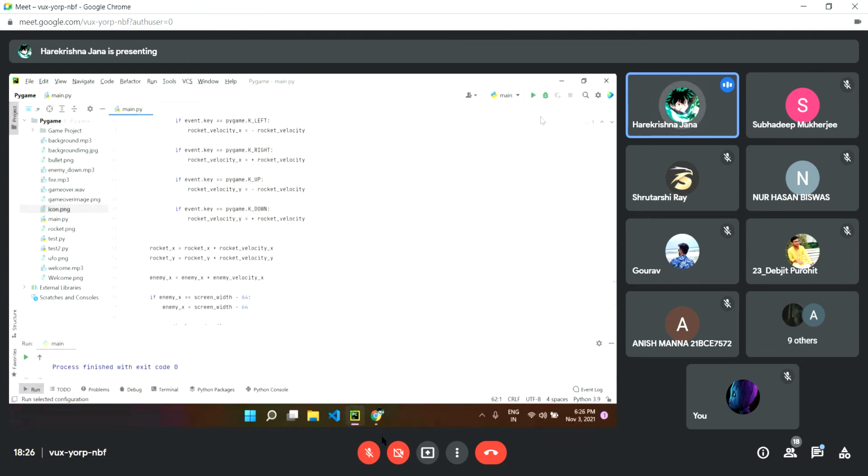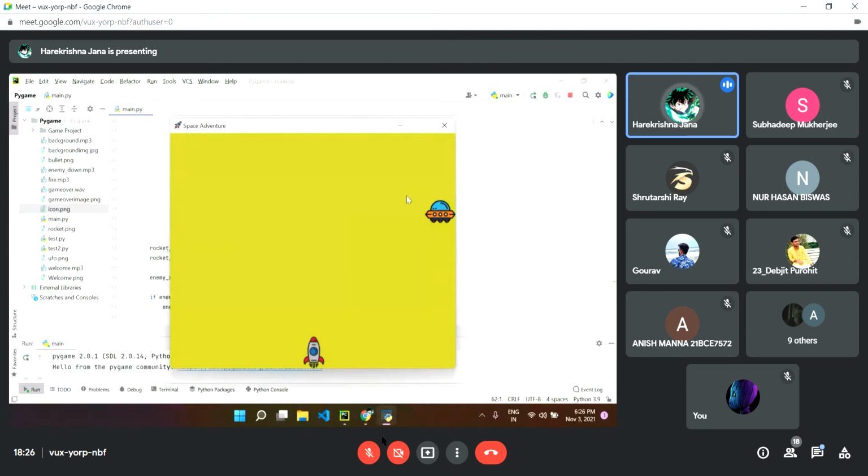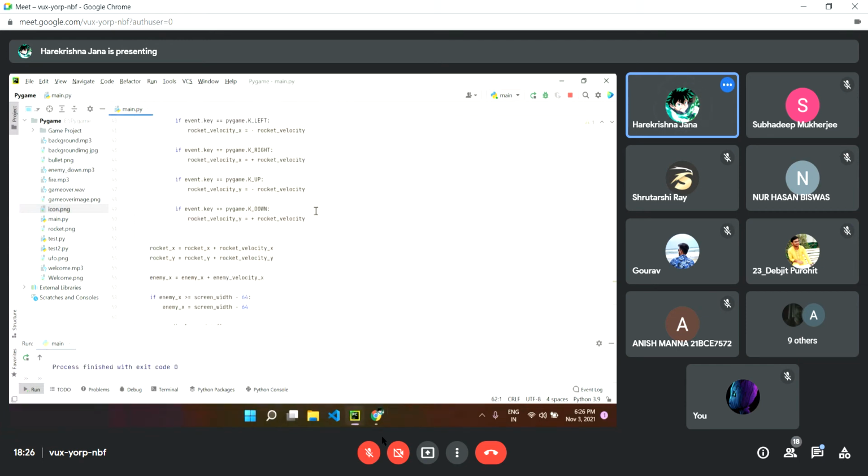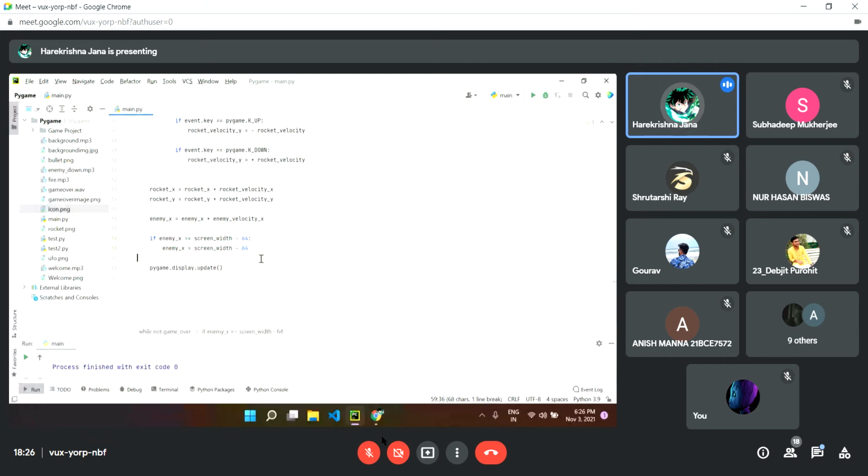So we are here, where the enemy is going here and it stops here at the boundary. Because I have set this value: if enemy x is going beyond screen width minus 64, then enemy x will be screen width minus 64. मतलब जब भी x enemy x स्क्रीन विथ से बाहर चलने की कोशिश करेगा, तब उसे फिर से स्क्रीन विथ में लेके आना पड़ेगा हमें। और वैसे ही, और इसके बाद